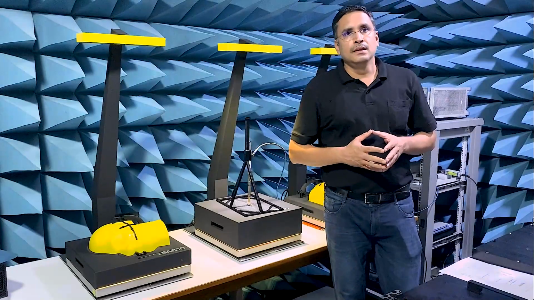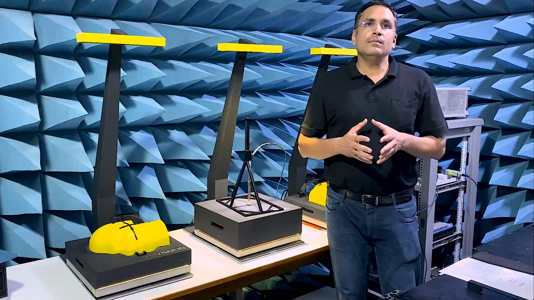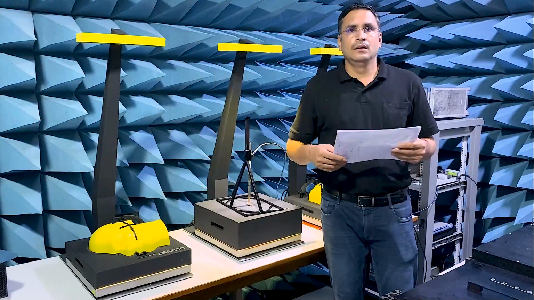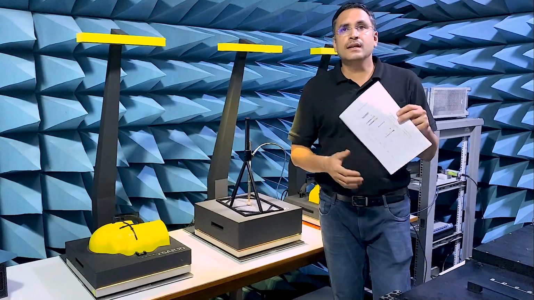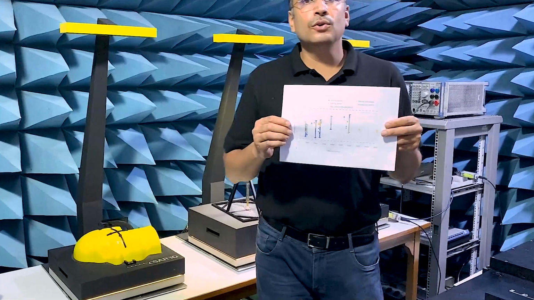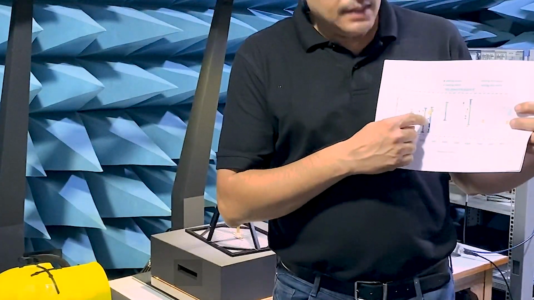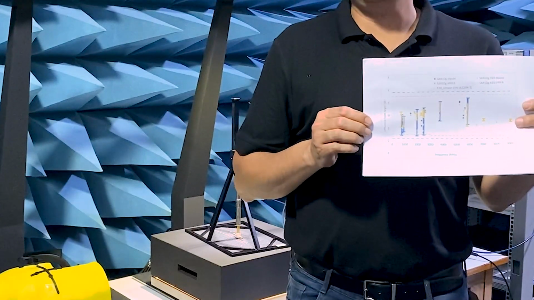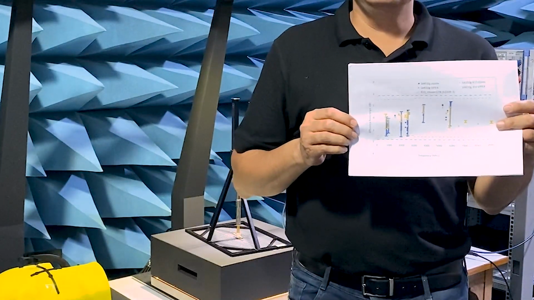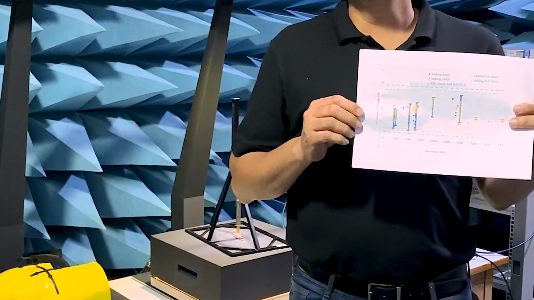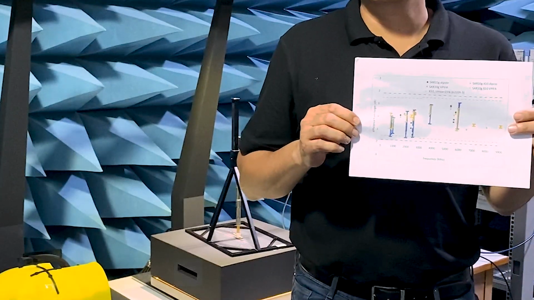I have summarized the results for the 10-gram average SAR values on this plot to compare the single measurement with those using the Extend Combiner. The blue bars and symbols show the spread in dB for the deviation from the target values for the single measurements when following the 62209-3 protocol.